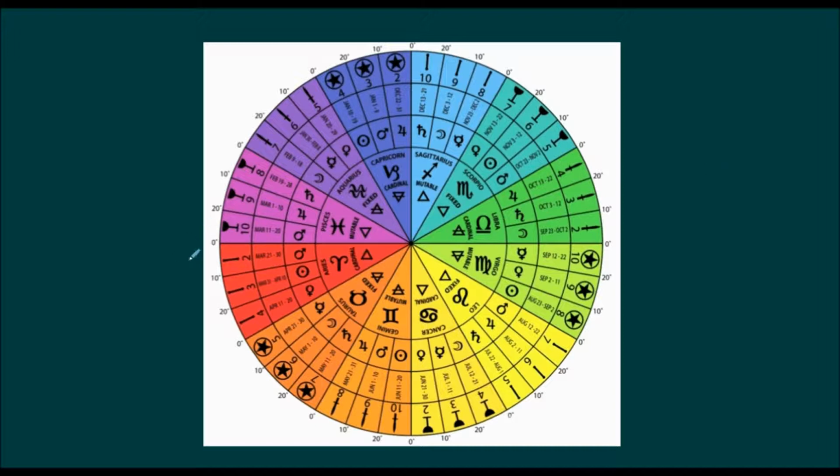I'm going to start with what is on this page, which is called the Decan Wheel. What you see in the middle here are the zodiac signs, and this is the natural course which the sun takes around the zodiac, starting with Aries, a fire sign, and then you've got Taurus, the earth sign, Gemini, the air sign, and then Cancer, the water sign. So we've got the four elements represented in all of these